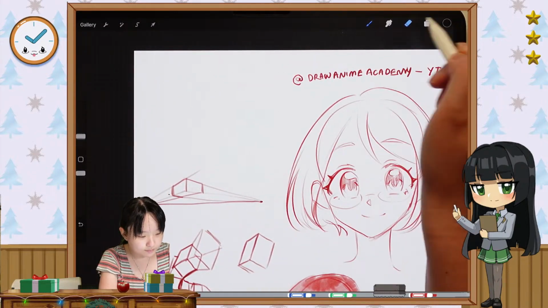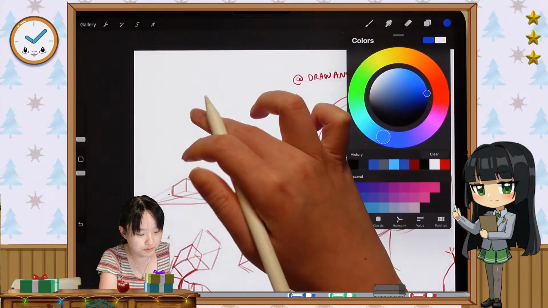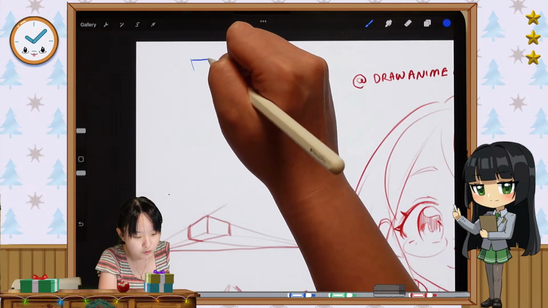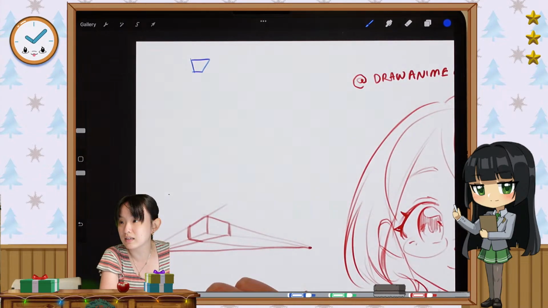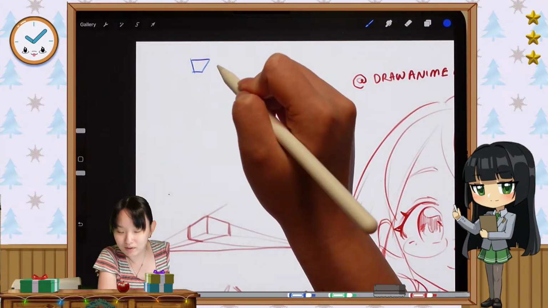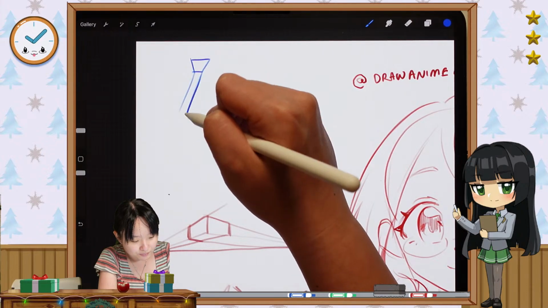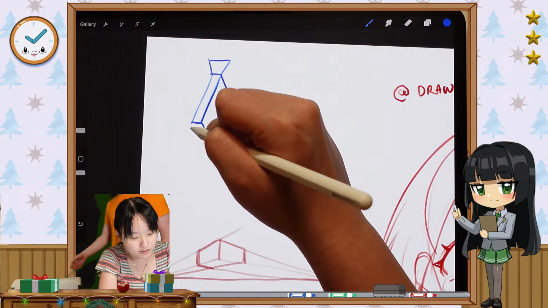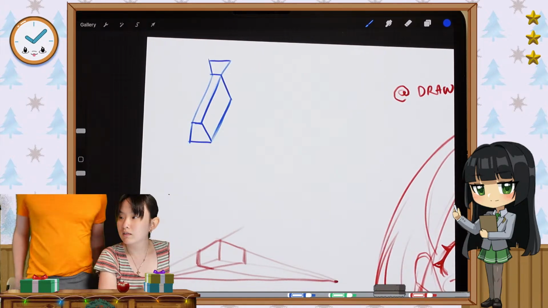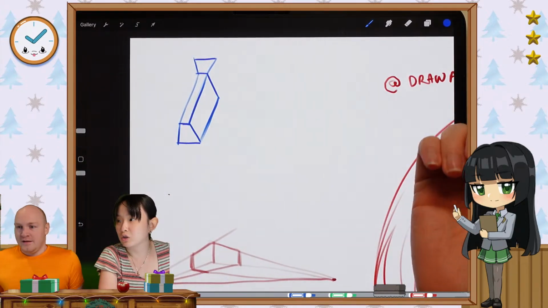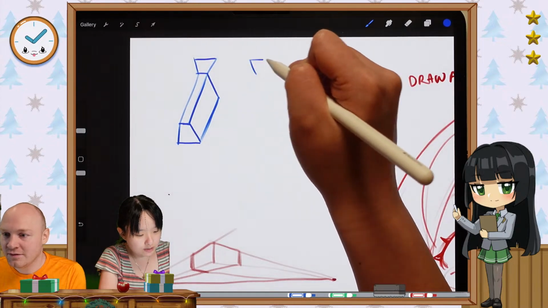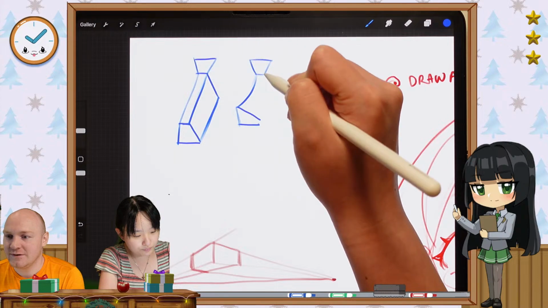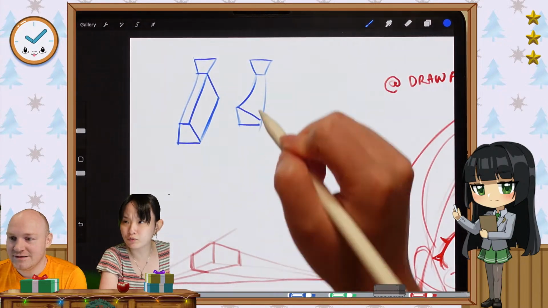Nose types. I don't know if that person's still here, but maybe I'll draw in blue this time. I think blue's fun. I think the main thing with noses is you just have to understand the main components of a nose, and then you can stylize it in any way you want. So the bridge of the nose is basically like a box, but the bottom of the box is kind of shaped like a trapezoid. So that's what it tends to look like. For anime noses, it tends to have more of a triangular prism shape, like this, and the forms kind of morph a little bit.